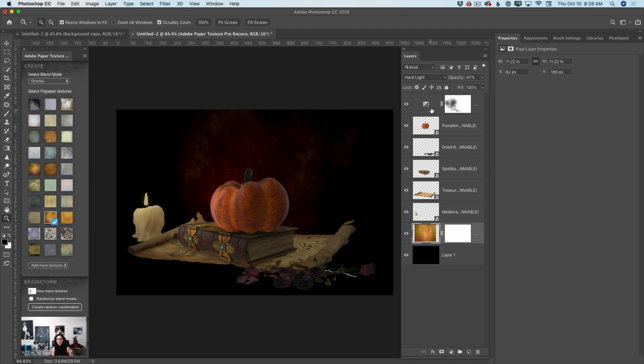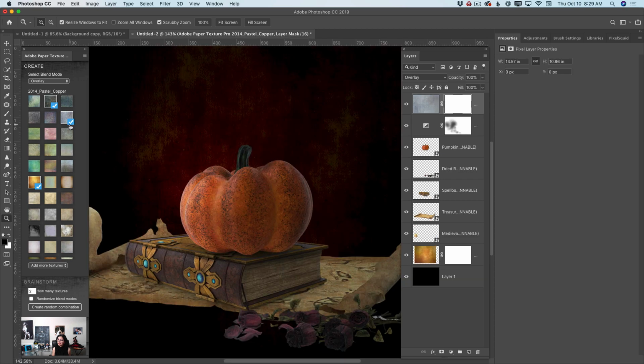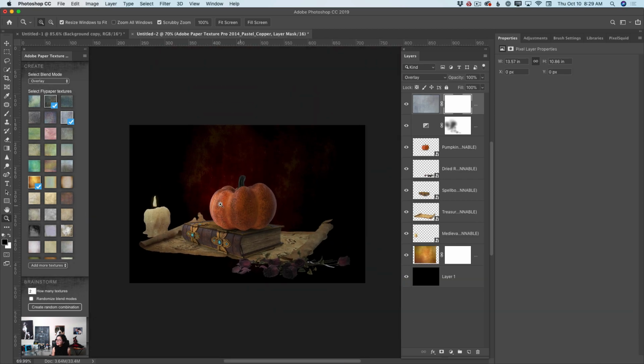Now I will highlight my top layer. In our case, it's our adjustment layer. It could be any other layer, doesn't matter. Just highlight top layer, and let's see what texture I would like to apply right now. We have so many wonderful choices. I will click on this texture. Let's see, and as you can see,